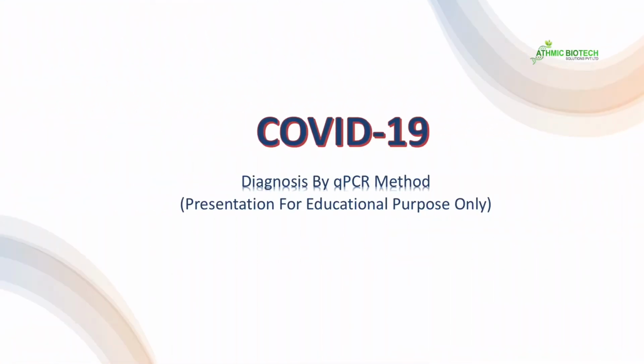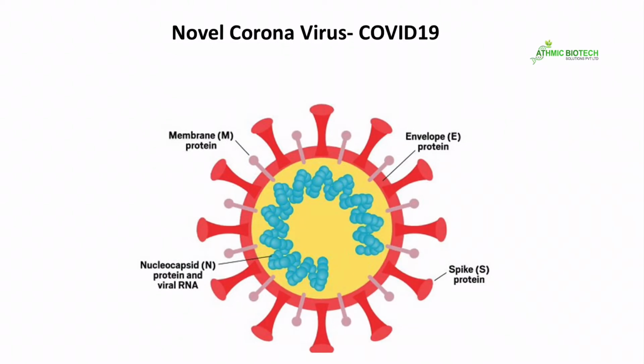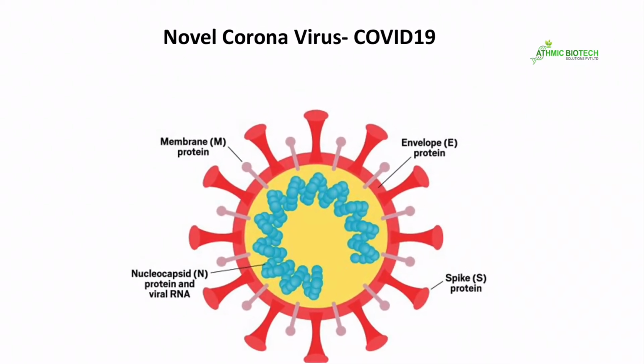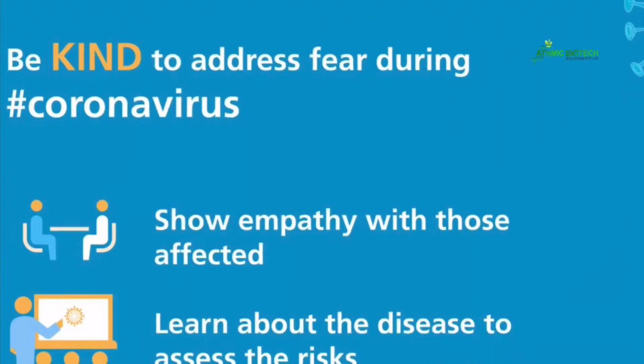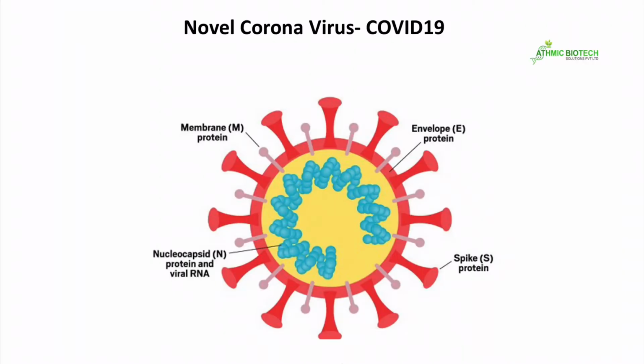Virus COVID-19, it is an RNA virus. This is the organization of the virus. Genetic material is RNA, which is surrounded by a protein envelope. The protein envelope has various proteins like membrane protein, envelope protein, spike protein, nucleocapsid protein. And in RT-PCR, for the detection of COVID-19 virus, the nucleocapsid gene N is used for the detection of COVID-19